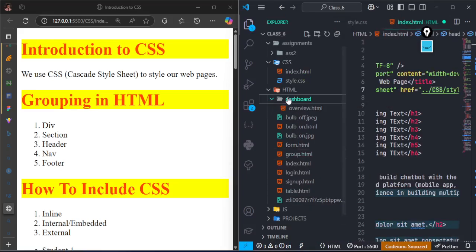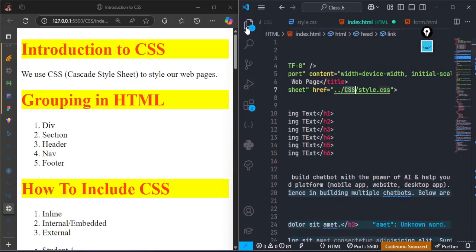You can see that here we have overview and we are inside HTML. So I want to link from this index now to what is inside dashboard. Now currently we are inside the HTML folder, but before you can have access to overview, you must enter the dashboard. So that's where the child folder comes in. So you need to enter that folder before you